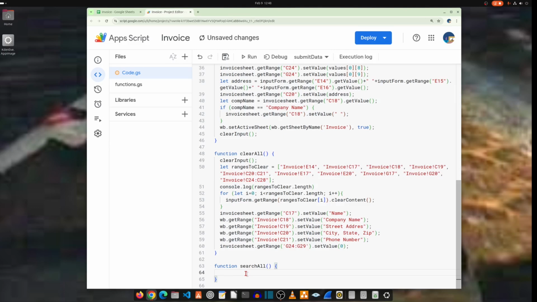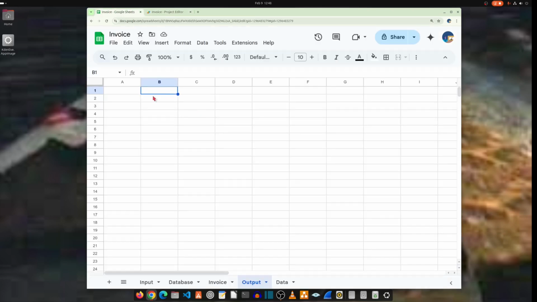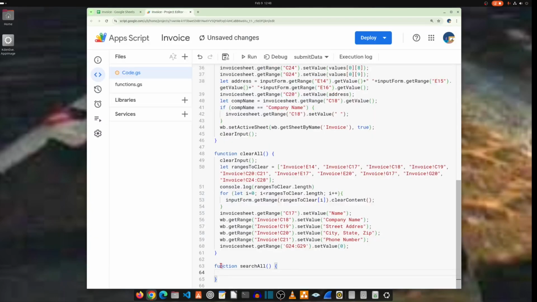Well, the first thing is we have to check the first cell in the output sheet. Now, this doesn't matter. You can start it anywhere you want in here where you want to put your data. I'm going to start at B1. We're going to start out in column B and here. So that's where we're going to start putting our data in. So we just want to check this one cell. So we have to create a variable. And let's just call it